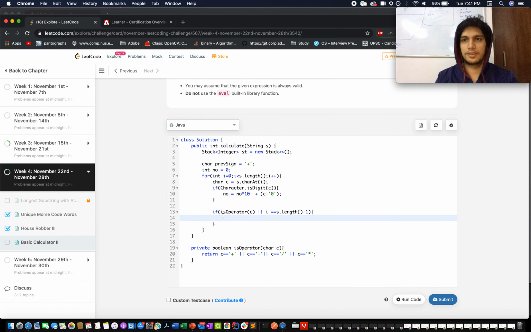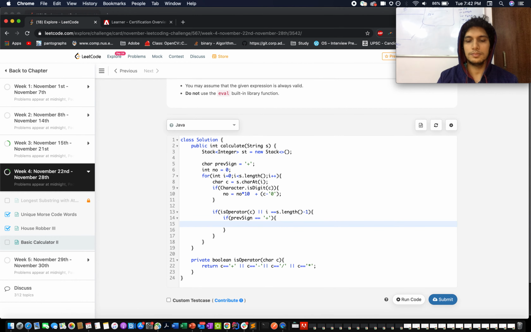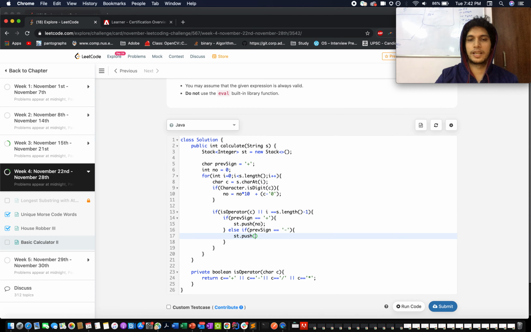And let's do the processing now. As discussed, if previous sign equals plus, writing those 4 rules, then we need to push the number onto the stack. Else if previous sign equals subtraction, let's push onto the stack the negative value, minus number.